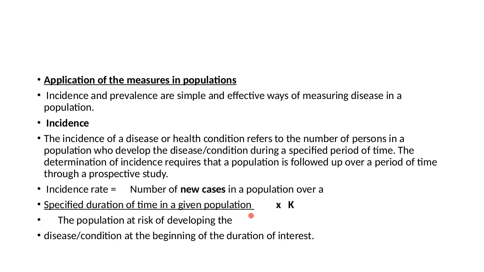Number of new cases, they're not old cases. For example, if you want to look at the incidence rate of malaria, we look at how many people will develop malaria in a period of 1 month. So we still have to put an aspect of time and population here, so the specific duration of time in a given population,